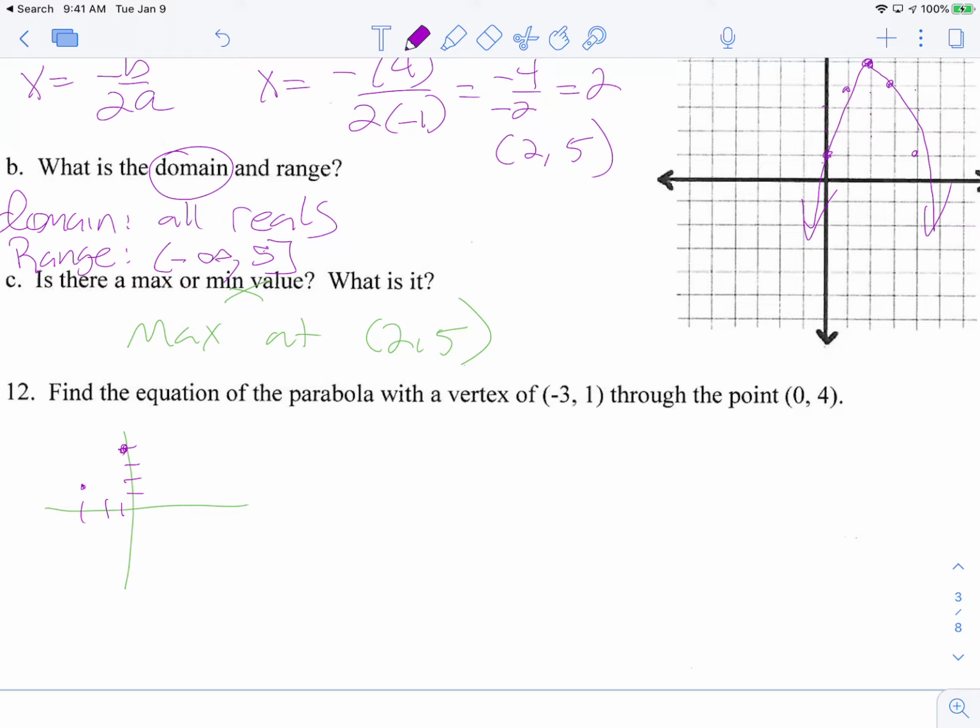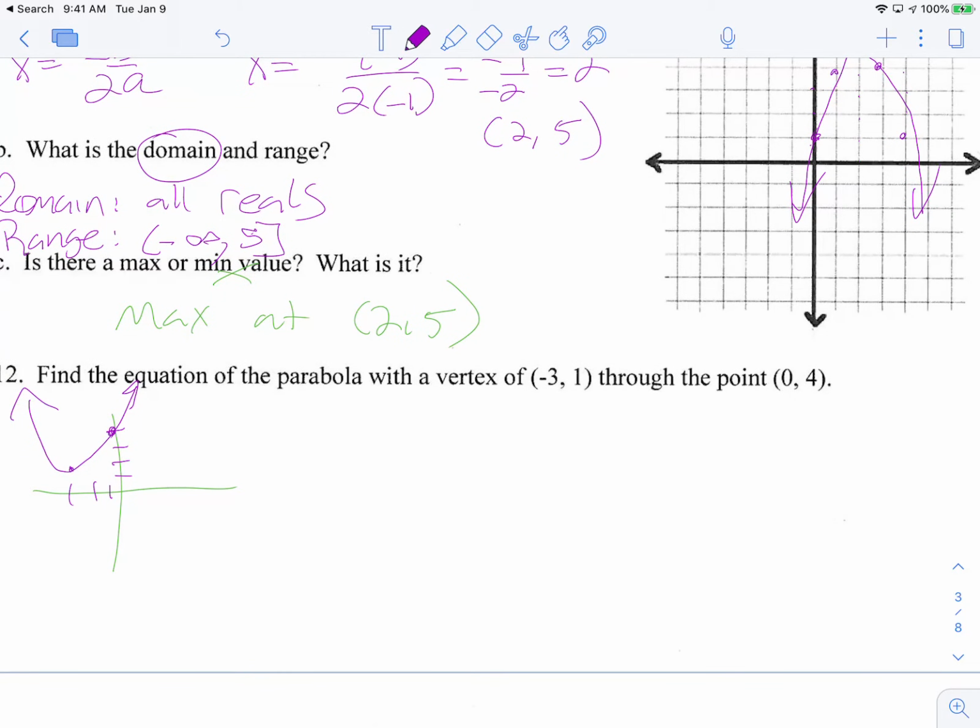Okay, so we'll just sketch it out. So I know the answer already. We know it has to go up like this based on if this is the vertex. So now we're going to substitute into the formula. F of x is equal to a times x minus h squared plus k. And if we identify the major points here, this is your h, this is your k,